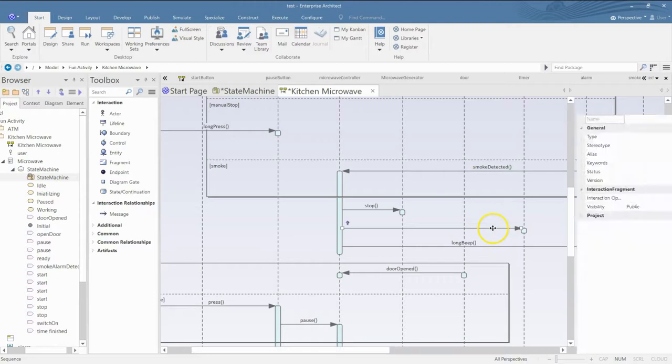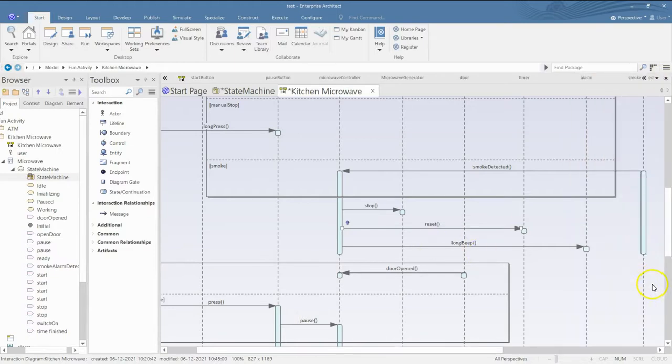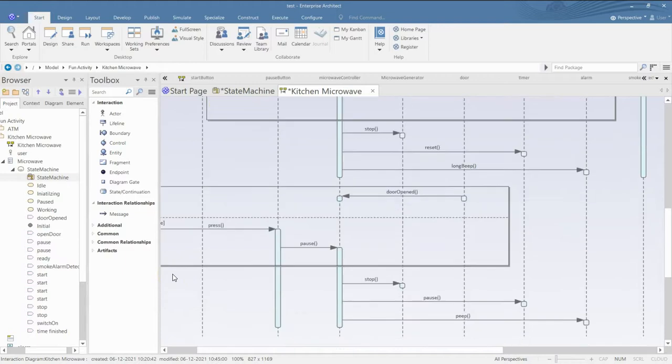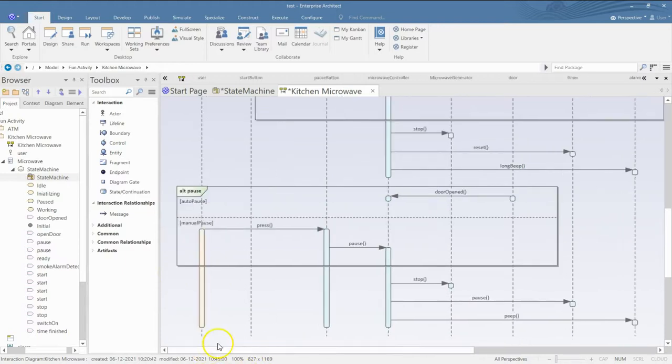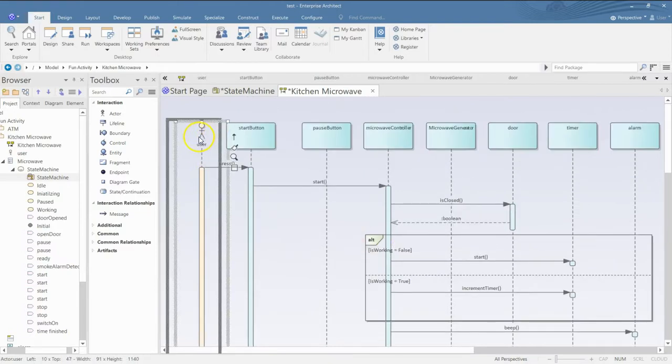And it's not just stopping it, it is reset so that it goes back to the default value. So that is the sequence diagram for our microwave generator.